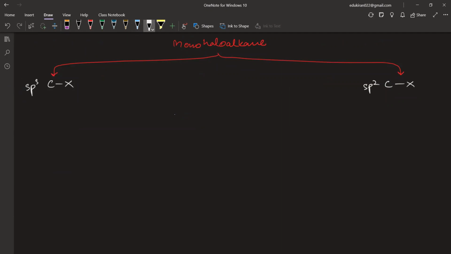Now, the first category of haloalkanes or monohaloalkanes, which have an sp3 carbon and a halogen bond, are known as simply alkyl halides. And these alkyl halides can be divided into three categories. They can be either primary alkyl halide. Now all of you know what a primary alkyl halide is. In a primary alkyl halide, the carbon of CX